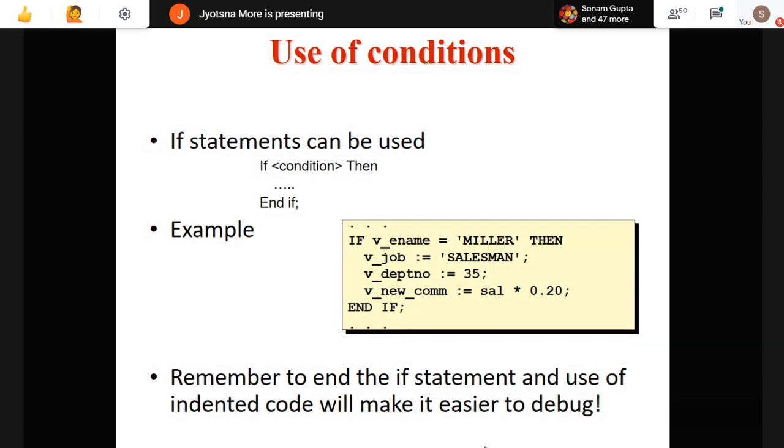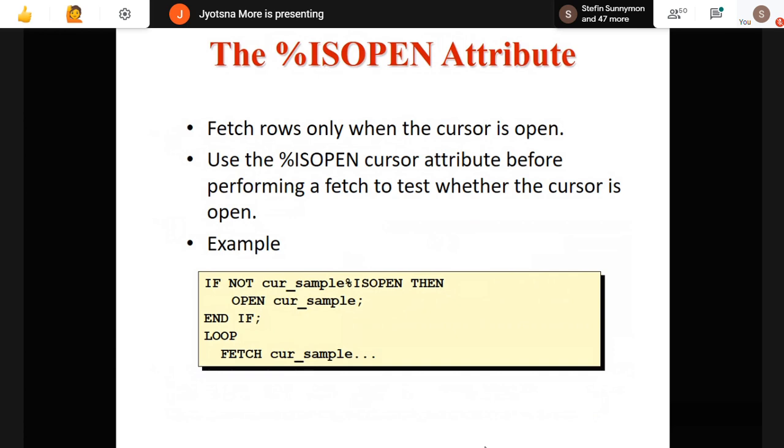Use of conditions again in a cursor, if you require. Basically cursor, or we can say procedure, when you require, you can go ahead with the if else statements. You can go ahead with how the percent is used. Use the percent cursor attribute before performing a fetch to test whether the cursor is open.